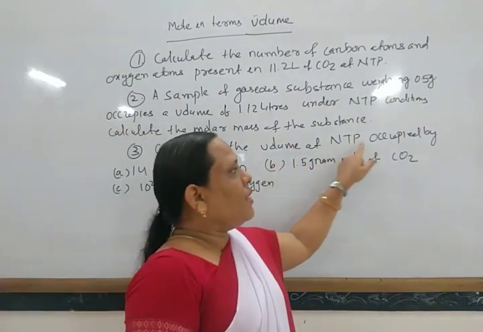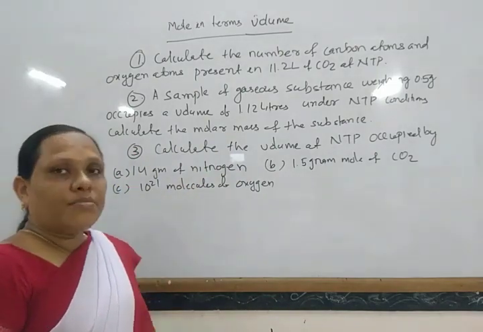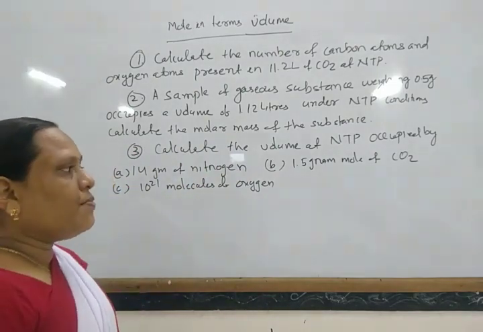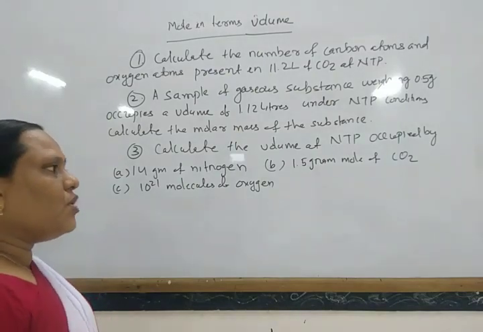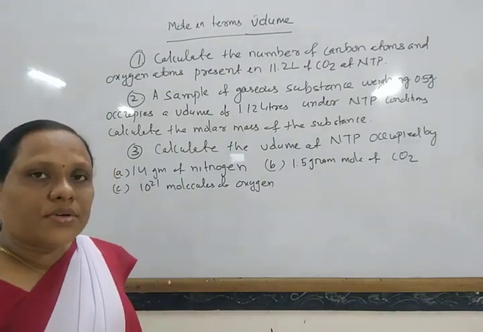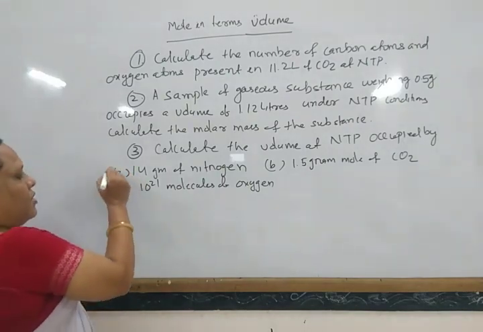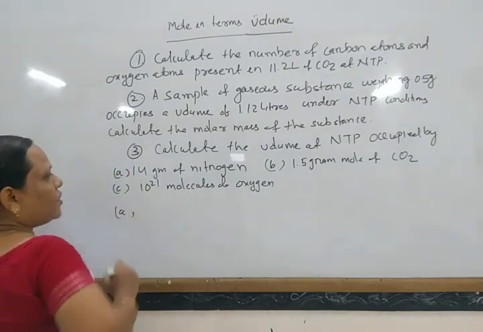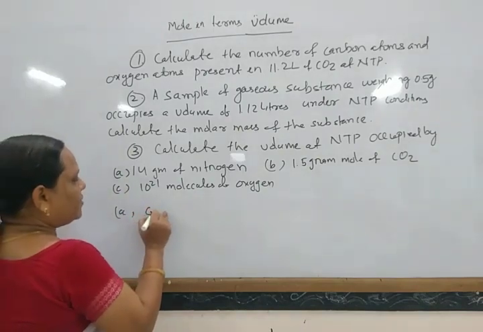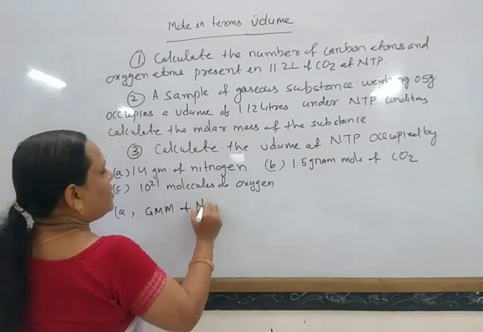Calculate the volume at NTP occupied by 14 gram of nitrogen, 1.5 gram mole of carbon dioxide, and 10^21 molecules of oxygen. So we know the gram molecular mass of nitrogen,